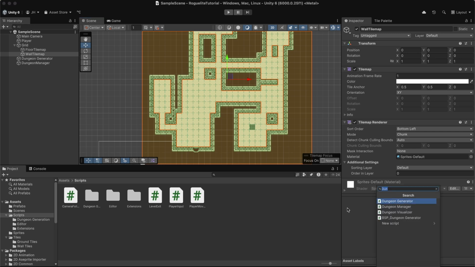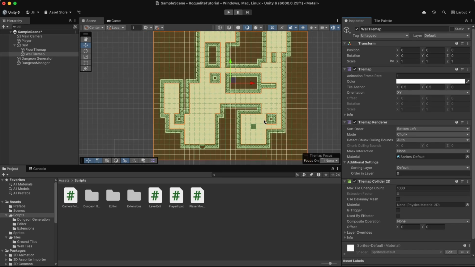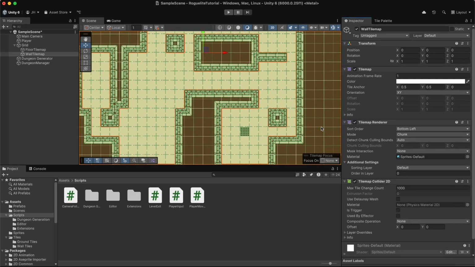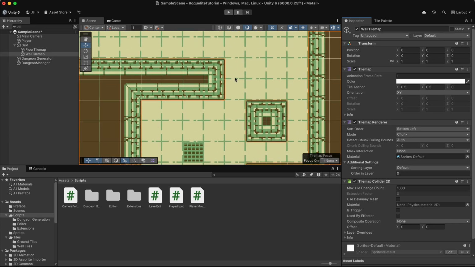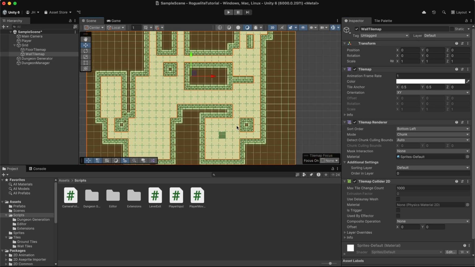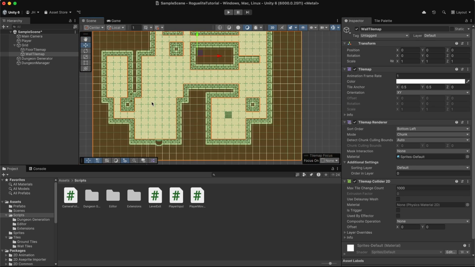So we're going to click on add component, and then we'll say tile map, and we'll check tile map collider 2D. And we can see that each one of these now has a collider. So the floor tiles don't have any colliders over them, but we can see that these do. So that will work out for us. So now we can collide with